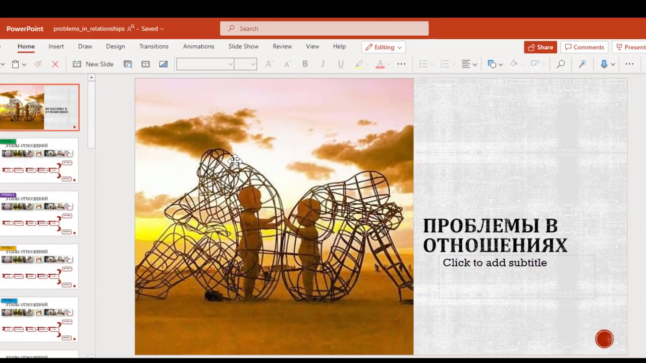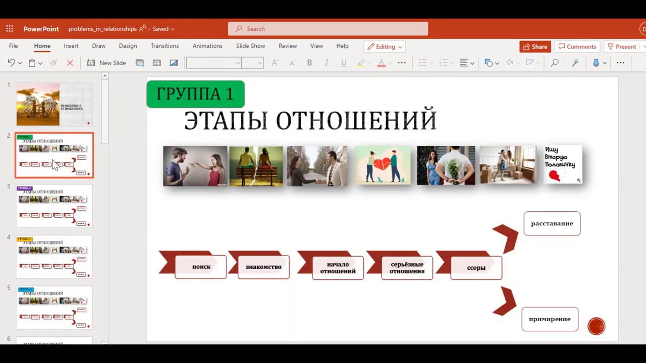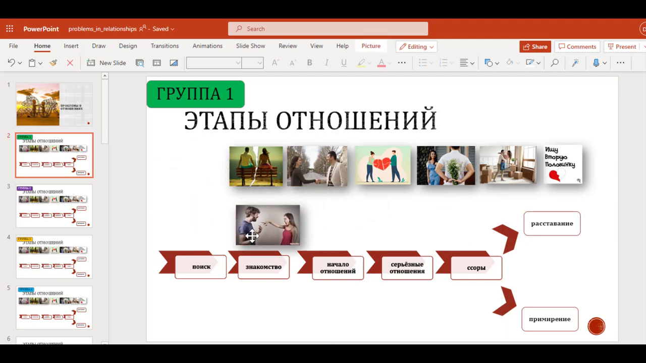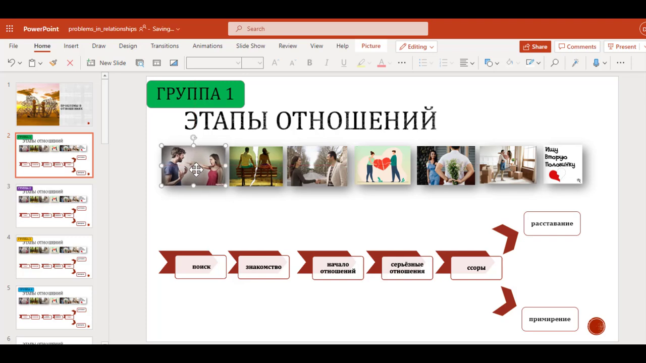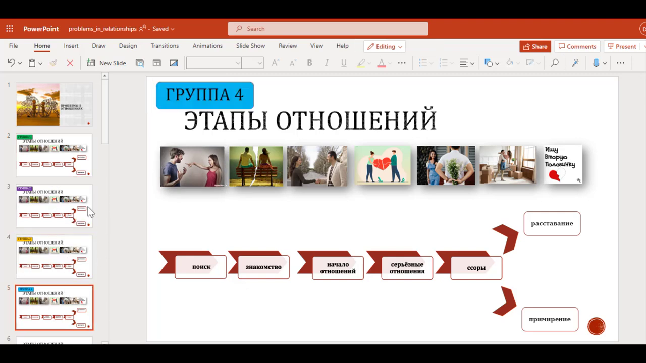So here, for instance, I have a task that has a timeline and pictures that correspond to different parts of the timeline, but the pictures are out of order. A student's task is to drag the pictures to a specific part of the timeline. And in my PowerPoint, I have duplicated that same slide 4 times and added group 1, group 2, group 3,